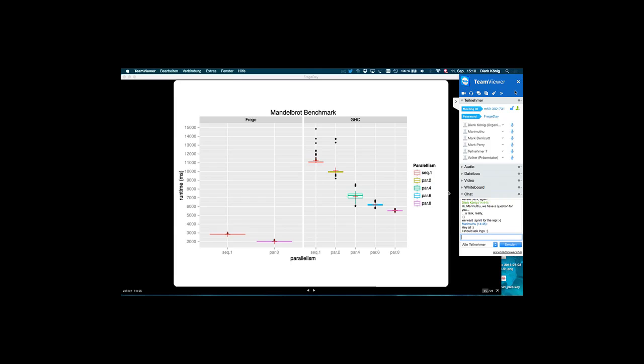I took this Java version and the Haskell version. So Frege can indeed be faster, but my experience so far is that as soon as you do higher order functions,